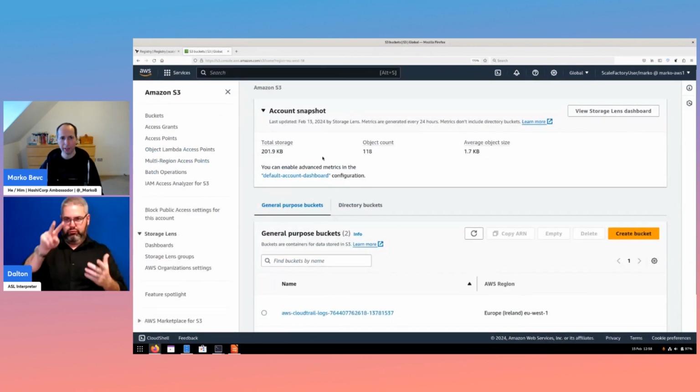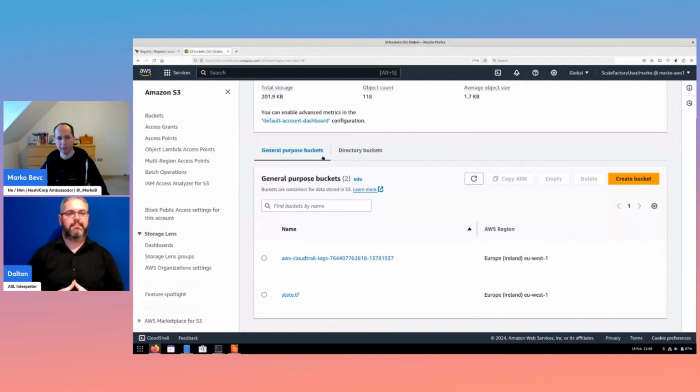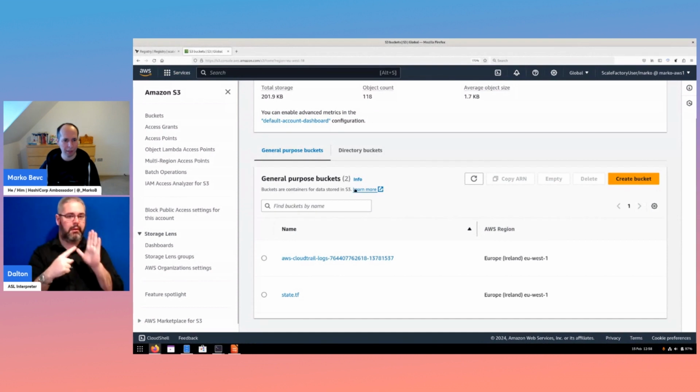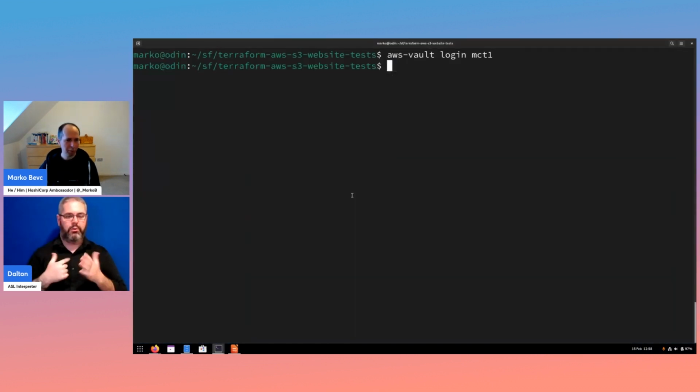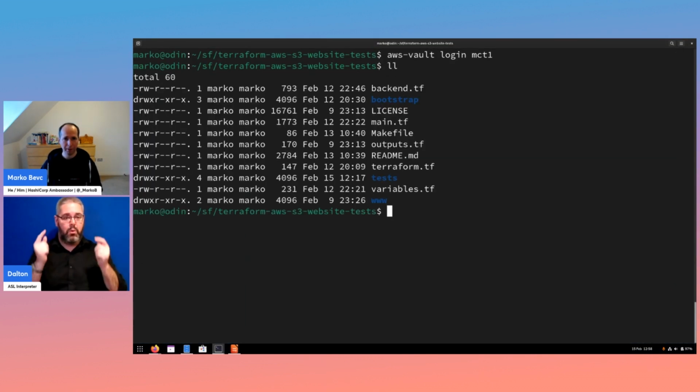So what I'm showing you here is S3 buckets. You can see I only have 2 S3 buckets, something coming from my infrastructure, and an example of StateTF stuff, which is quite irrelevant for the demo. But what I want to show you is, if I move quickly back to my console, what I have here,